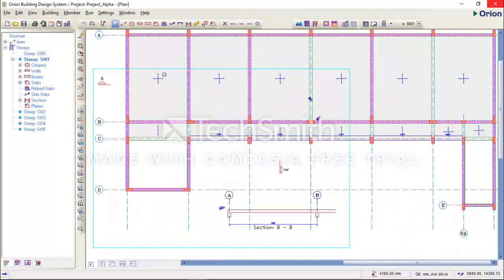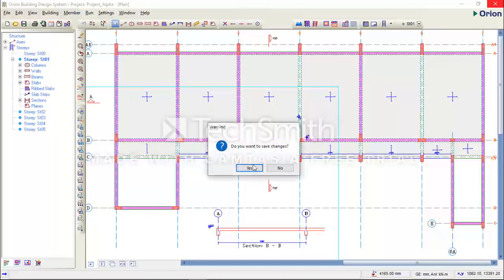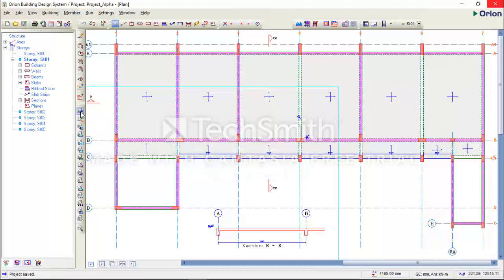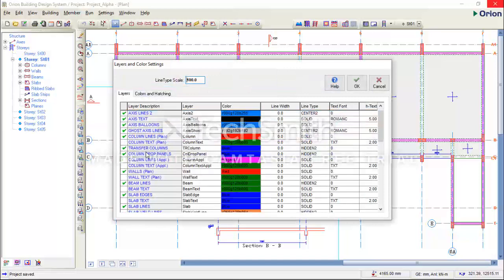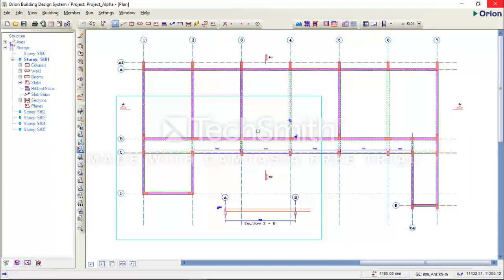Okay. I still have my spanning arrow showing on my screen. So I think I know what is happening here. I'll click on this button on the layer toolbar again. Under the slab, my slab lines, I will check it. So I've unchecked it. You can see my drawing is now clean. Before I start